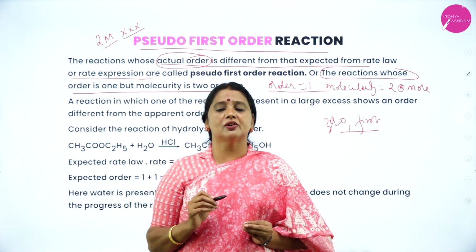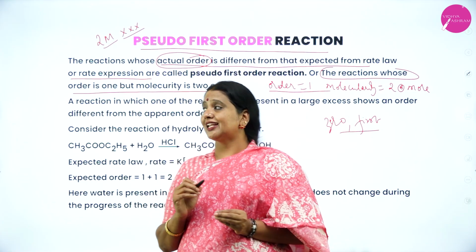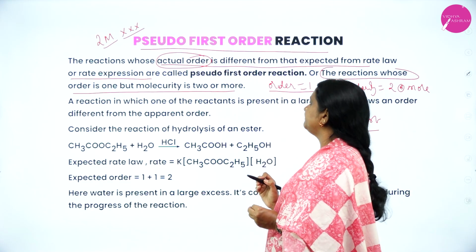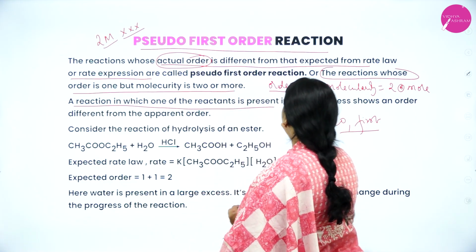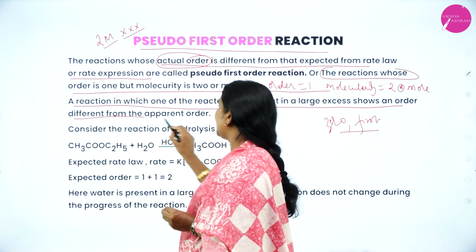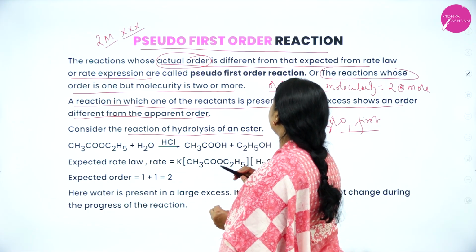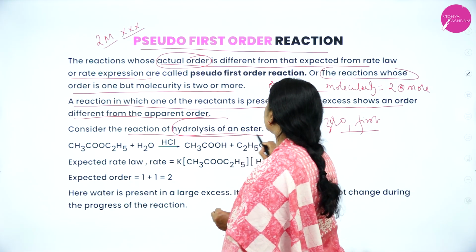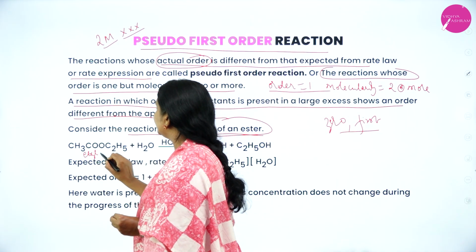What are pseudo first order reactions? These are chemical reactions whose order is 1, molecularity is 2 or more. The reaction in which one of the reactants is present in large excess shows an order different from the apparent order. For that, I will consider the reaction of hydrolysis of ester. Here I will consider ethyl acetate